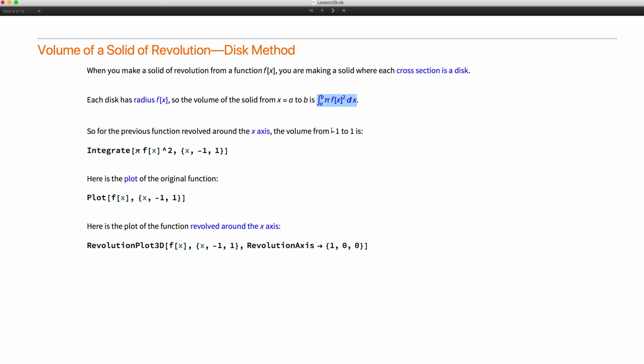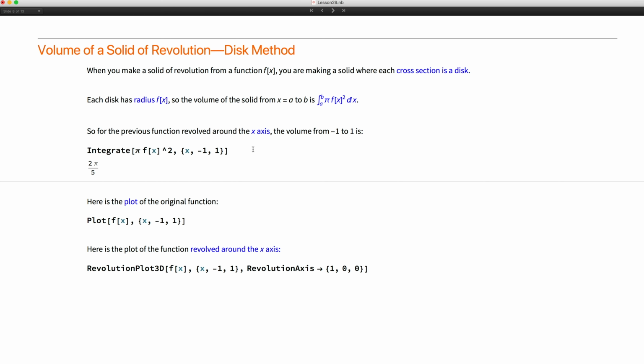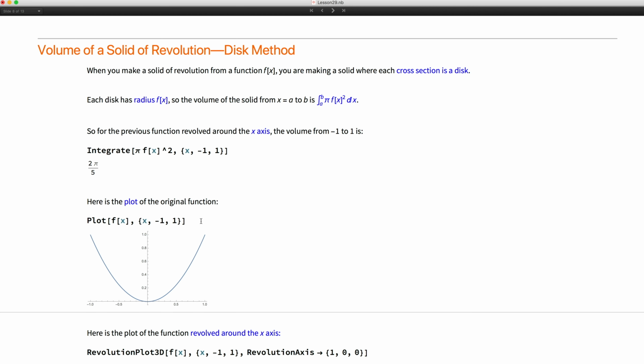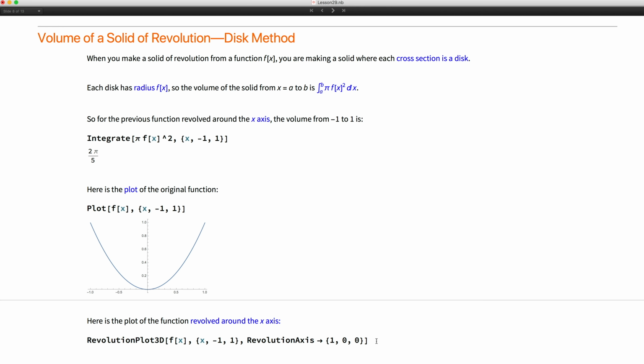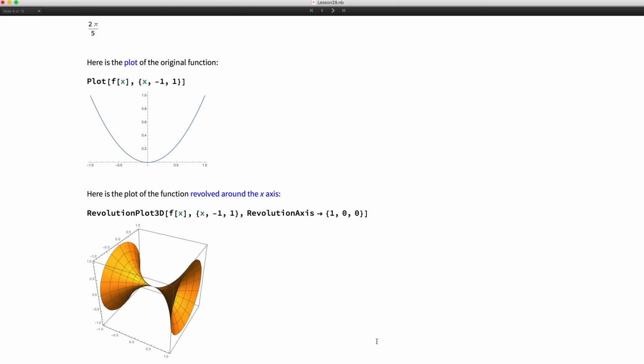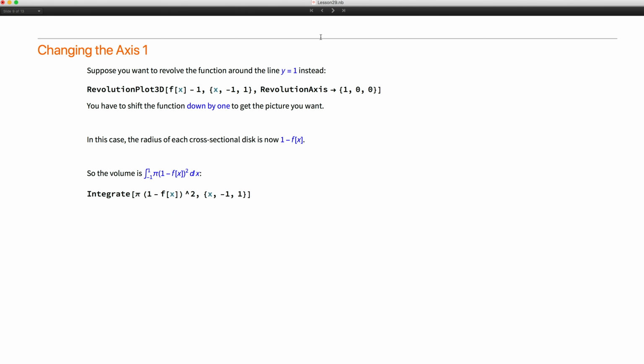So let's say you want to find the volume from -1 to 1. So you get back the integral over here, which is 2 pi over 5. So just to remind you, that was the original parabola, and that was the solid obtained by revolving around the x-axis. Now, you might, let's say, want to revolve it around the line y equal to 1,